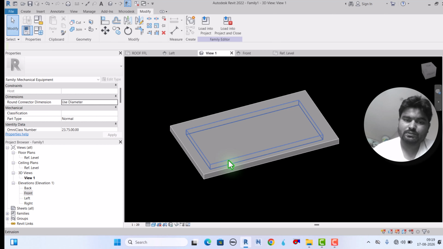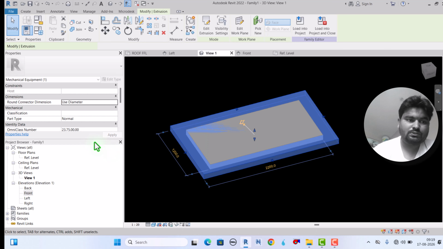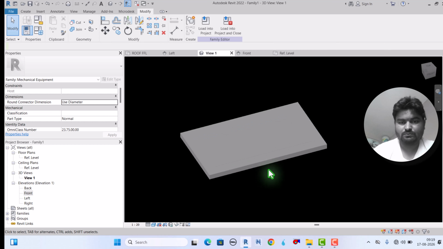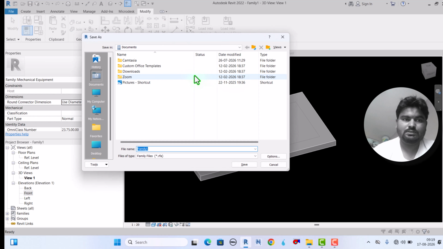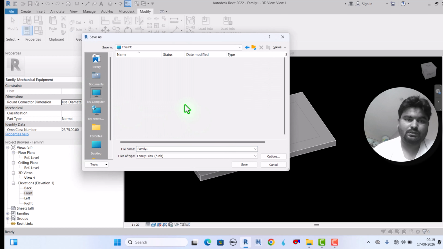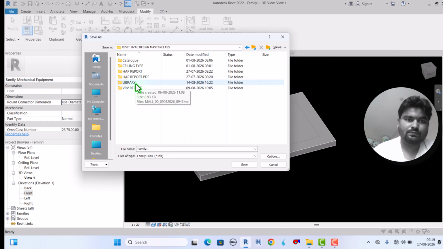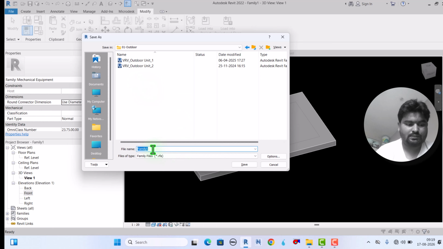So what I will do, I will select this one and make it not visible. I don't want this one visible, that's it. What about this one? Yes, it should be visible. Now I create this one and we can save this as per your location. I want to save here. Okay, outdoor, here we can save what? Equipment base,